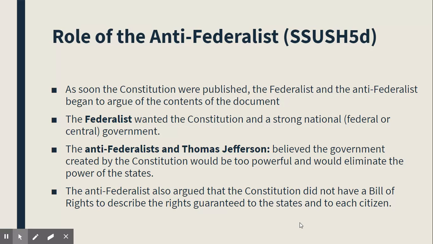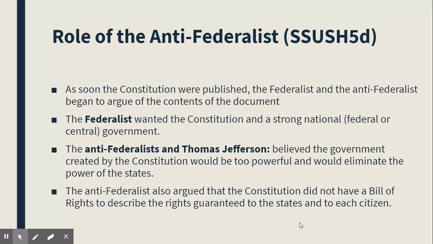Okay, but you kind of have to be, right? Because the Articles of Confederation didn't work like they were supposed to. Who knows if the Constitution will? Okay, we have to figure out if it will or not. List two famous anti-federalists. Okay, really you only need one. The main one you need to know is Thomas Jefferson.